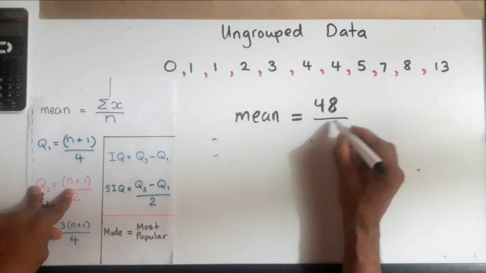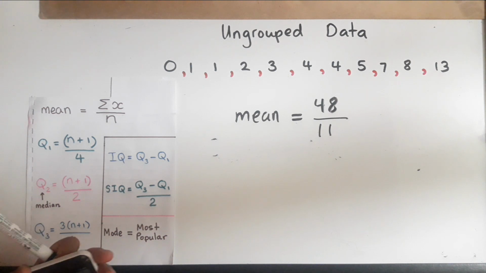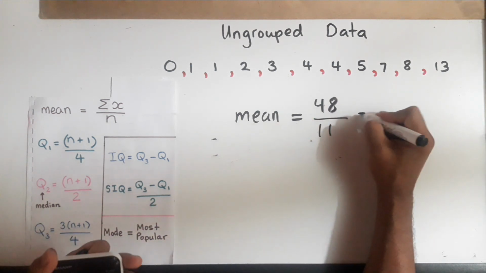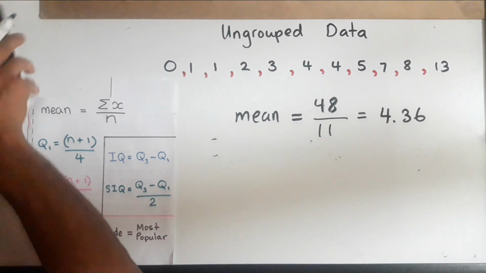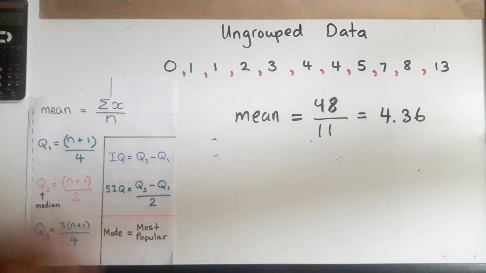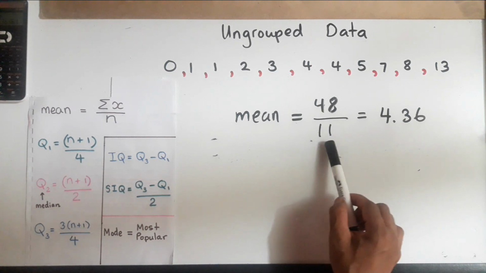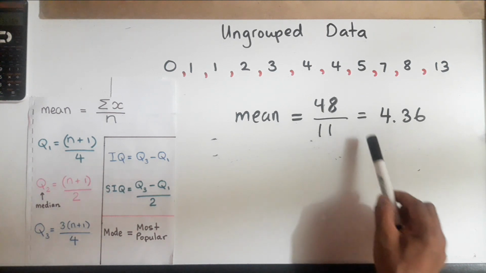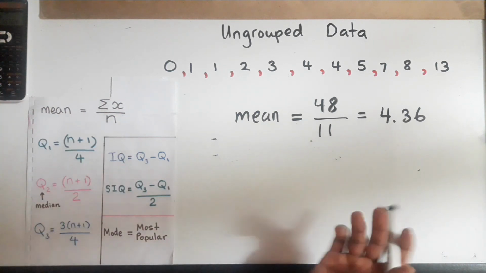And then we have to divide it by the amount of numbers we have. Okay? So 48 divided by 11, and we get roughly 4.36. Now, I made up this question on the spot before I came upstairs to tape. In the exam, you won't have to divide by 11. You will probably have an easier number to deal with. And I know you can't divide this in your head, right? But this is just to give you an idea of how to go about it.